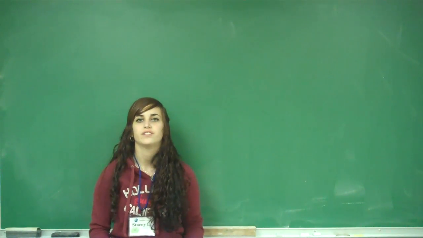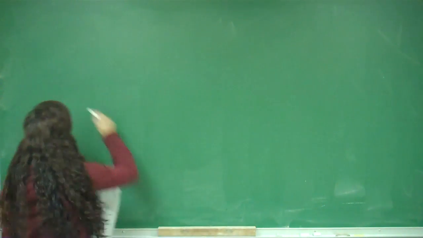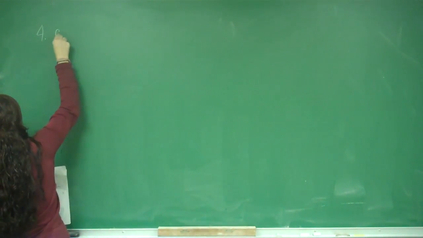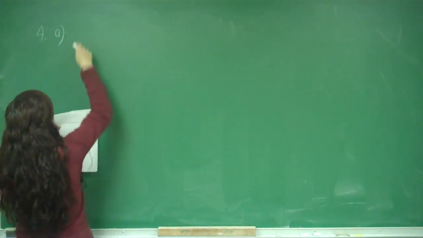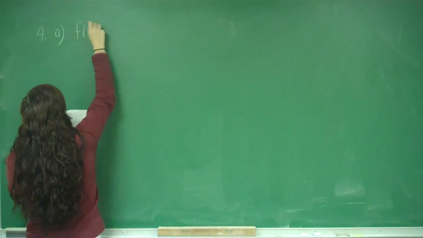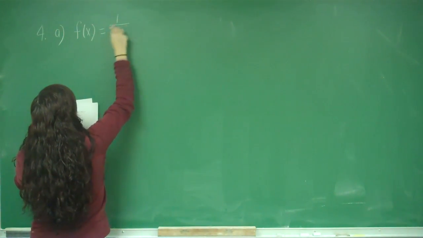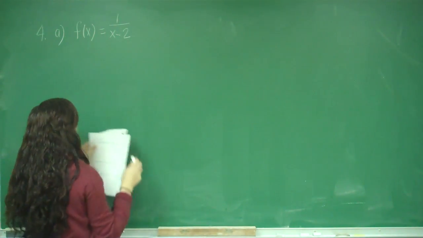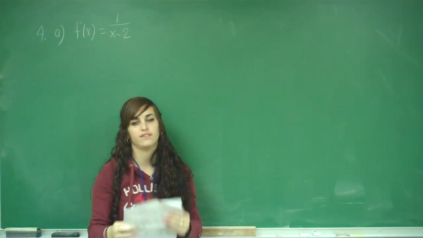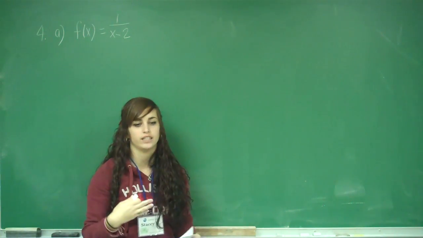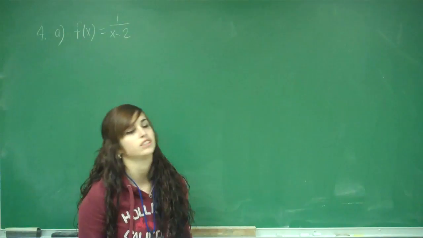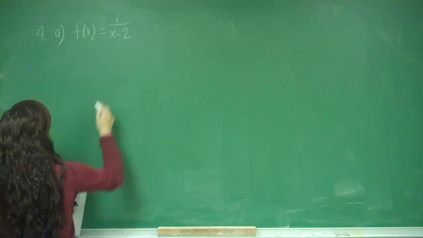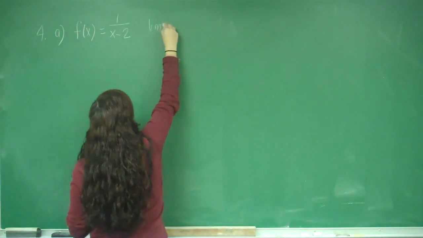This is problem number 4 of the tear-off. Part A, they give us the function f of x equals 1 over x minus 2, and they say use limit definition to find the derivative. So you have to make sure that you show the limit definition and you just don't find the derivative, otherwise you won't get points. So we need to use limit